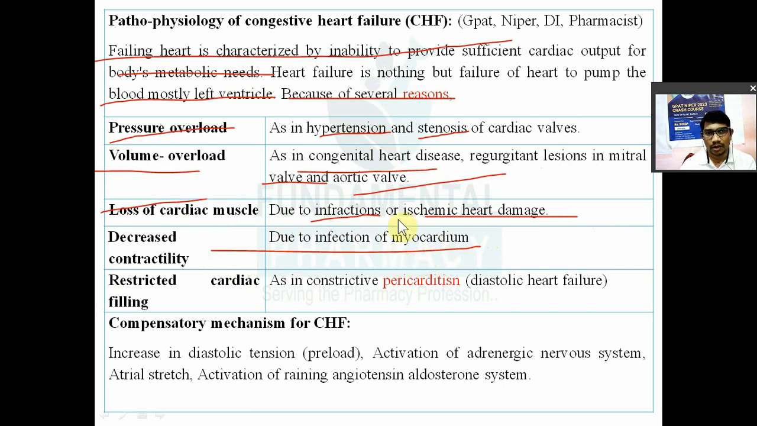Preload increase होगा. क्यों? Because of the activation of your adrenergic nervous system. तो वो अल्फा रिसेप्टर के ऊपर जाके स्टिक करेगा, ब्लड वेसल को और प्रीलोड बढ़ाएगा. Then atrial stage मतलब क्या? एट्रियम में ज्यादा ब्लड आएगा, नॉर्मल से ज्यादा ब्लड आ गया एट्रियम में, एट्रिया स्ट्रेचिंग होगा, वो डायलेट होगा. एक्टिवेशन ऑफ रेनिन एंजियोटेंसिन अल्डोस्टेरोन सिस्टम, that will also contribute to increase in the blood volume and also